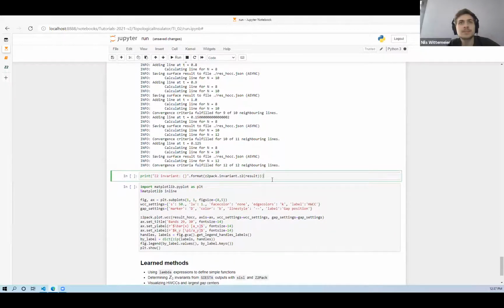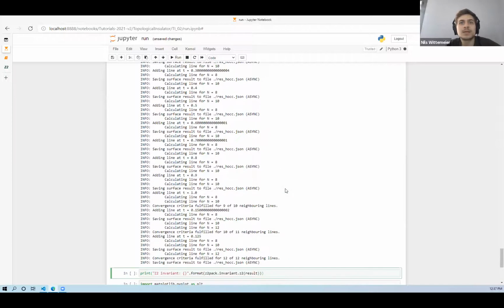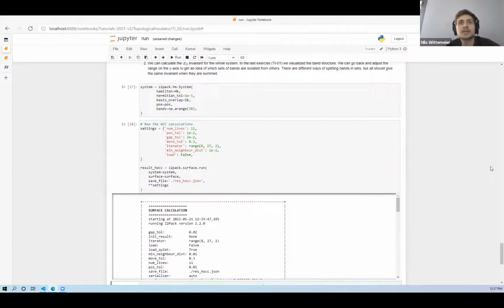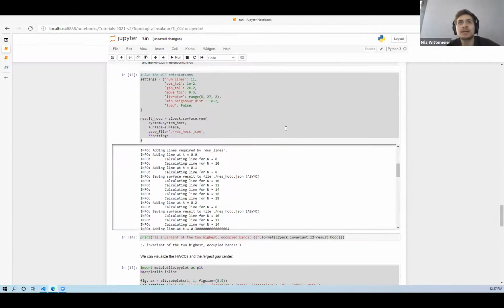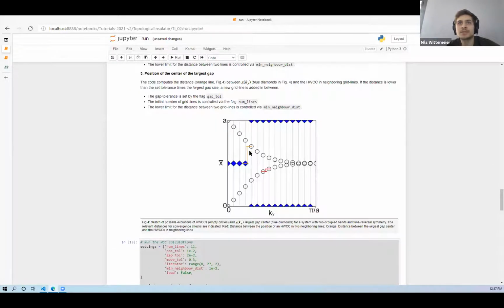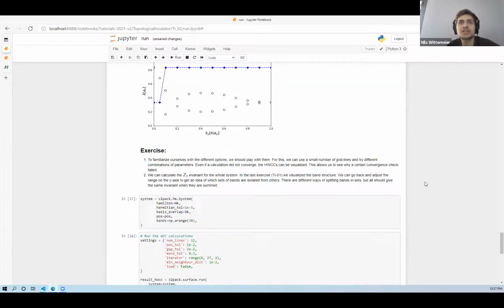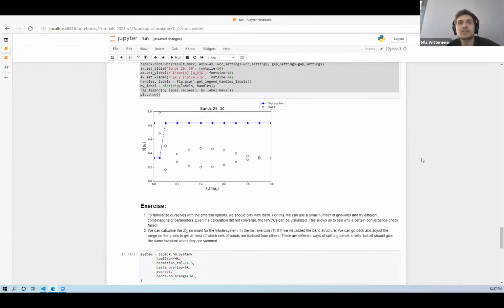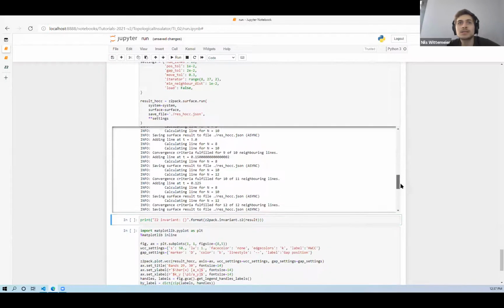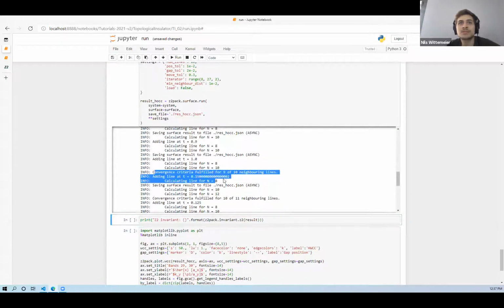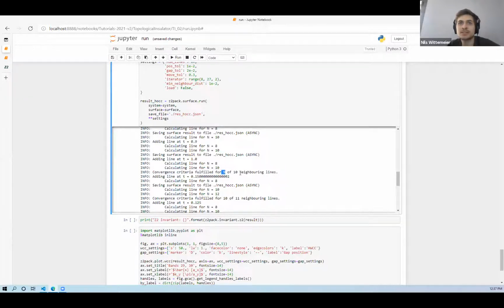Okay, I think this is close to being done. And you actually see something that I mentioned before, where it might not be clear between two steps whether this gap tolerance is sufficient, or this distance is sufficiently large. If that happens, in the output you will see something like this: convergence criteria fulfilled for 9 out of 10 neighboring lines, which means that between 2 of these 10 lines,